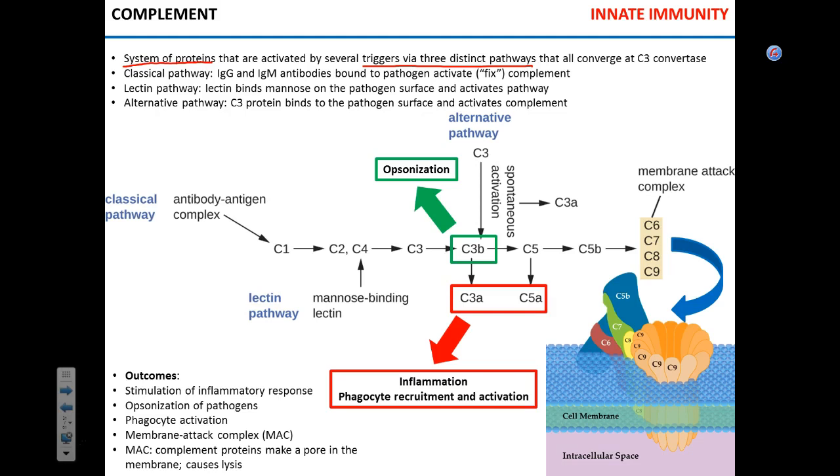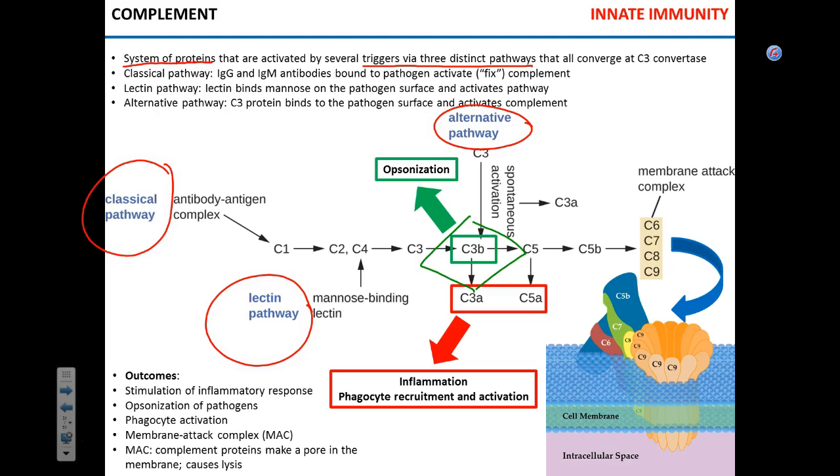essentially, the take-home message for you, the idea that I want you to understand, is that all the pathways of complement activation, the classical pathway, the lectin pathway, and the alternative pathway, they all converge on this C3b protein in the center. I highlighted it in green. Okay. So what triggers the classical pathway of complement activation? In the classical pathway,